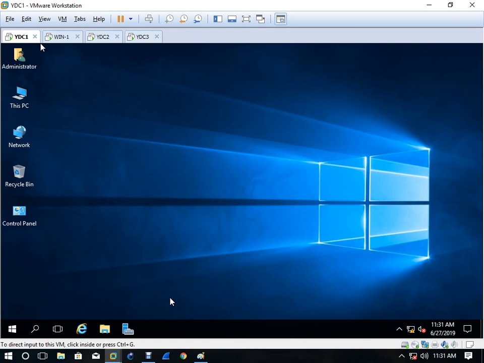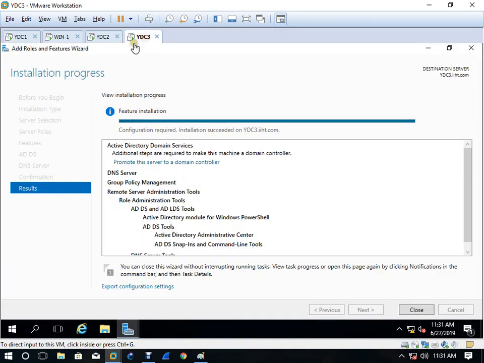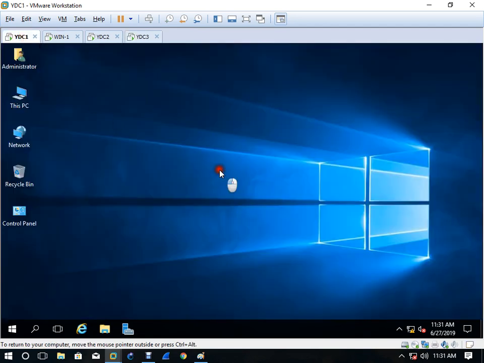But what is the situation? Why is it not able to work, right? Other things are working. Why is adding another server not working? Adding another user is working. Adding another group is working. OU is working. But when I try to add another server, it is not working. Why? Now come to Yaoundé DC1.